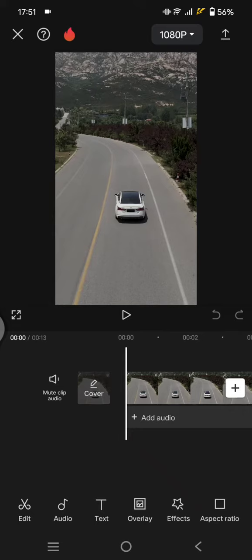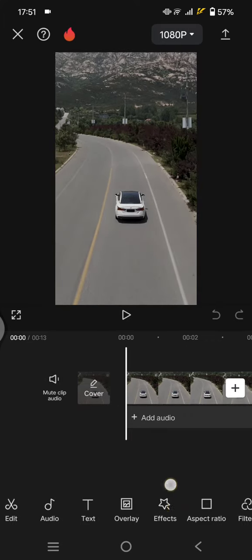On today's tutorial, I'm going to show you how you can create a miniature effect in your videos with CapCut mobile. So what you need to do is just use an effect called tilt shift lens. This technique is called tilt shift, but you can do it easily on CapCut just by applying the effects. So in here, after you select or import your videos into CapCut, you can just go straight to